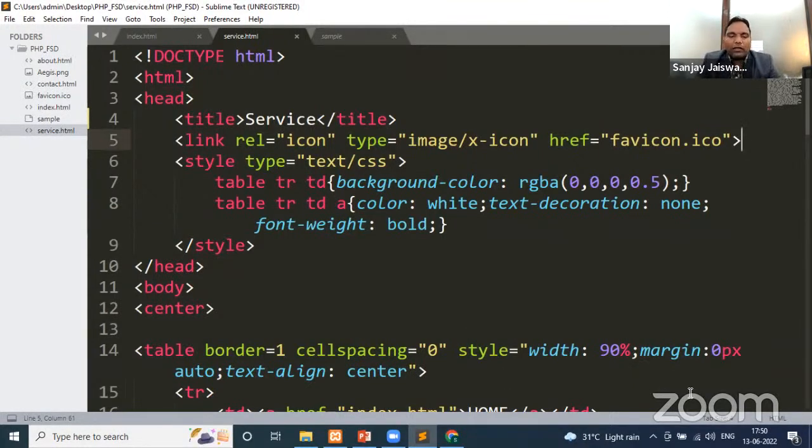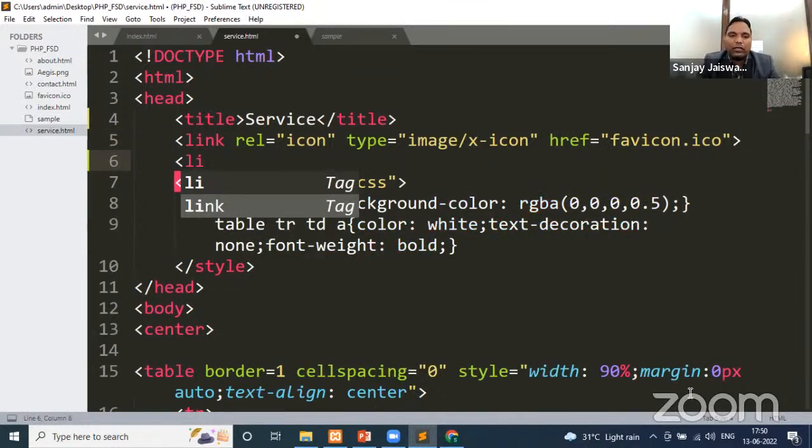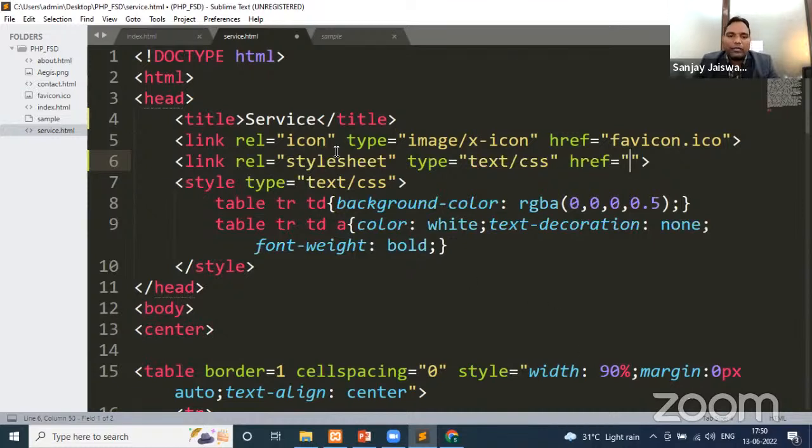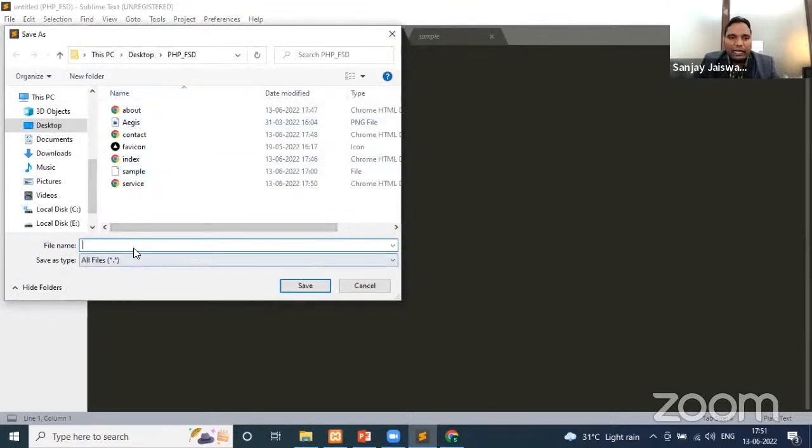Whatever we have done till now was only about the embedded and inline style sheets. Now I am going to explain the third type of CSS, that is external CSS. For that I am going to create one link. Okay, the link for CSS, the relation would be stylesheet. It will be of type text/css, and let's create a new CSS file externally, and let's name it style.css. You can give any name. So I have given style.css. I will save this. Now this style.css I have to create here. So I will create a new file, and let's save this file as